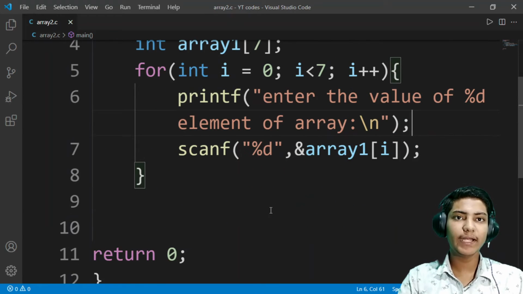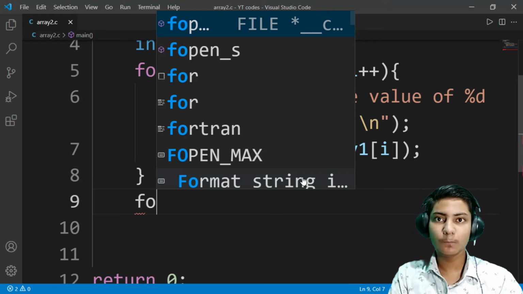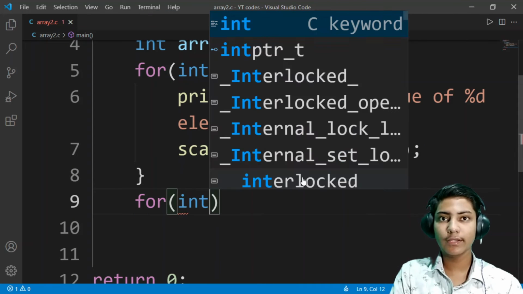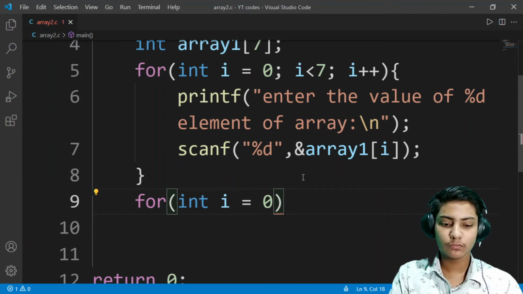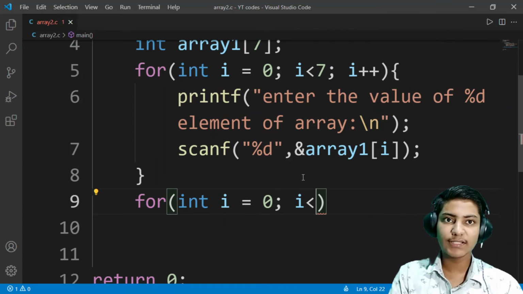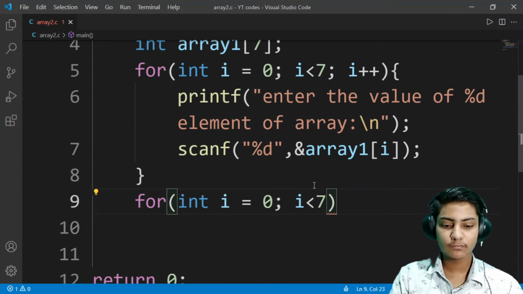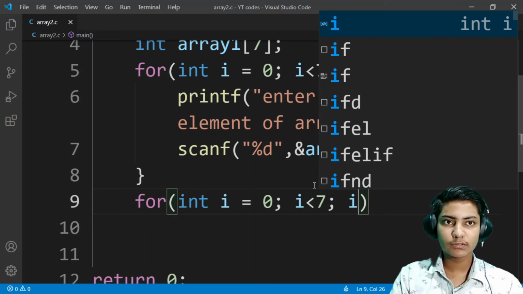Now we have to print that, so for that another for loop, for int i equals 0 and i is less than 7, i plus plus.